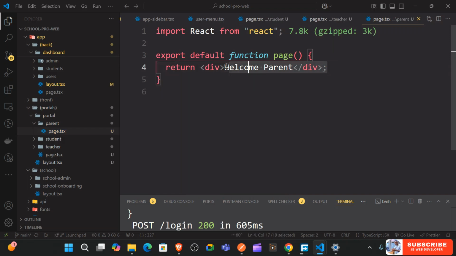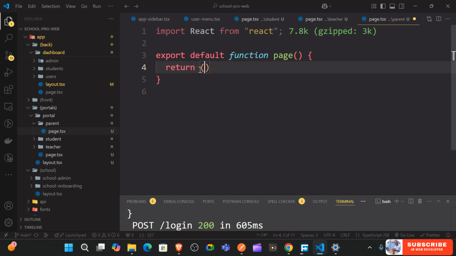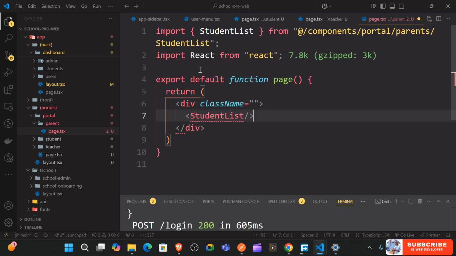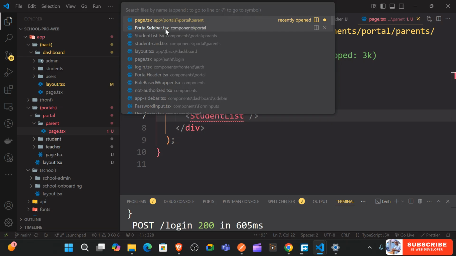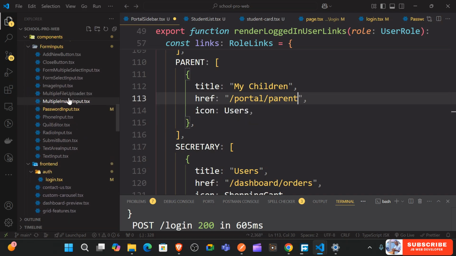They just go and put them on this. Just going to put the student list. So here just going to get the students, and I'm just going to change a little bit in this side, this one, portal parent, and then let's go ahead,